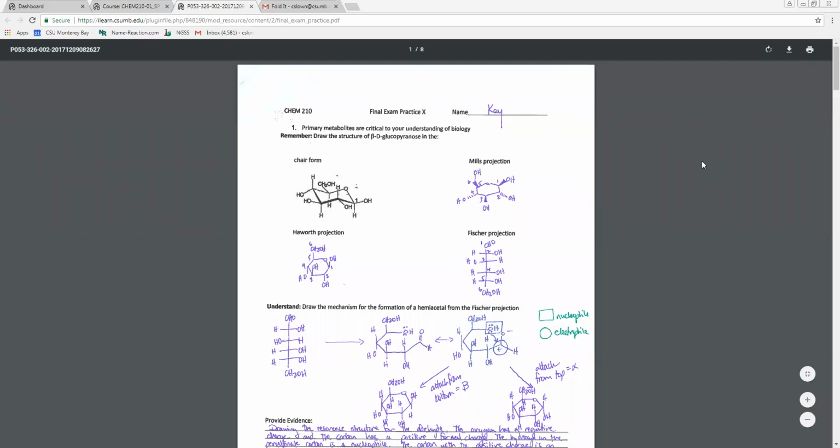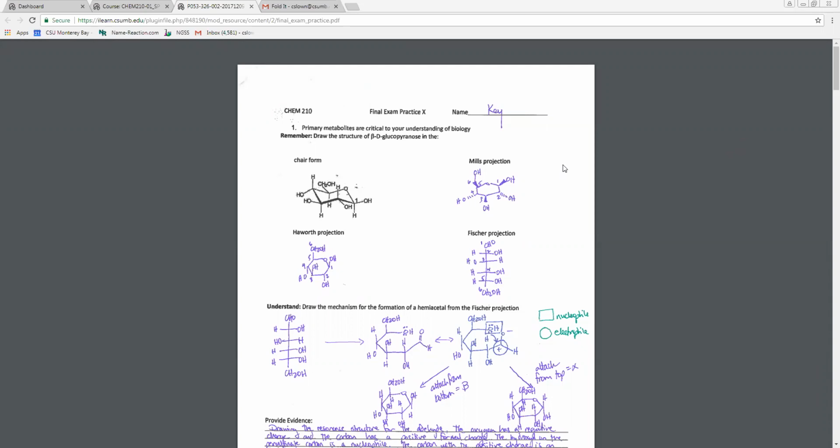Okay, so we're going to take a look at the first final exam practice. You're going to notice that one of the things that you're going to need to be able to do for drawing carbohydrates in general and sugars is to think about the 4 different ways that we can represent these carbohydrates. So there's the Fischer projection, which is an open linear chain, and then there are 3